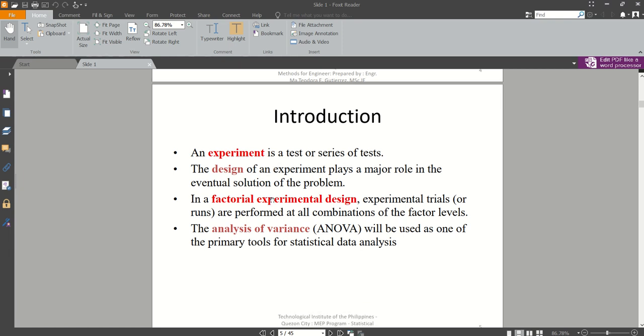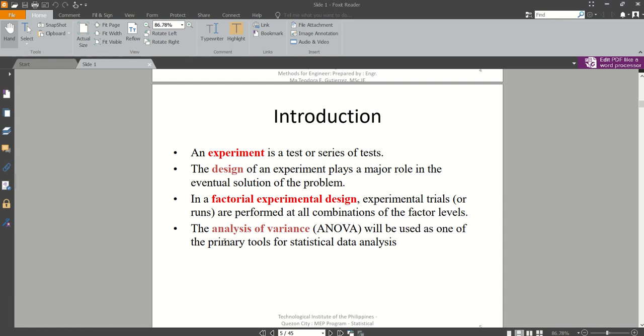Also, in a factorial experimental design, experimental trials or runs are performed at all combinations of factor levels. Mamaya, explain ko sa inyo kung ano ibig sabihin nito. So lastly, analysis of variance. Yun nga, we use analysis of variance primarily in